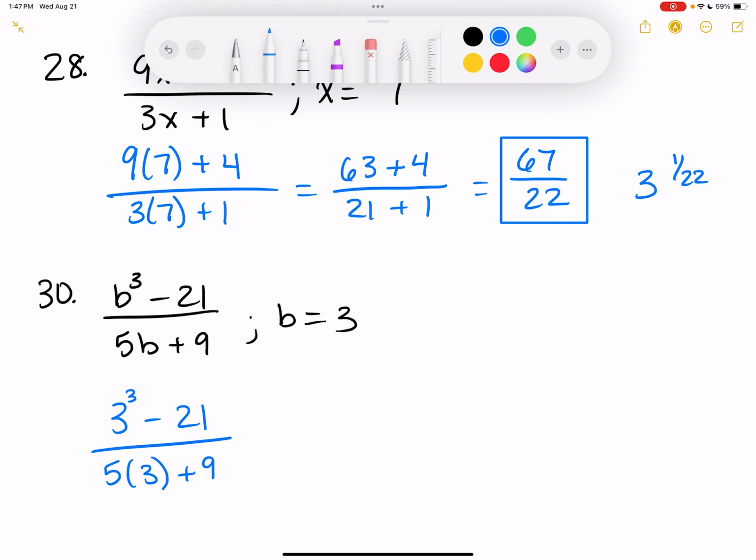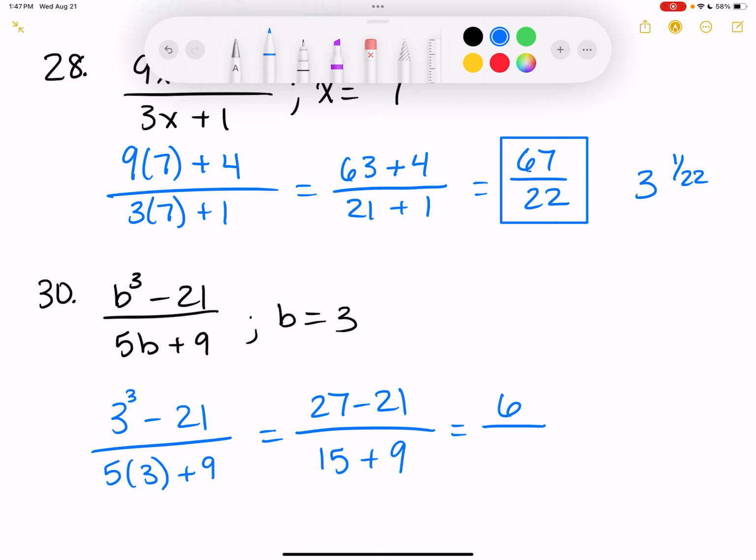So the exponent, which is what? 27. 27 minus 21 on the top over, what about the bottom? 5 times 3, which is 15 plus 9. So on top I'm left with 6 over